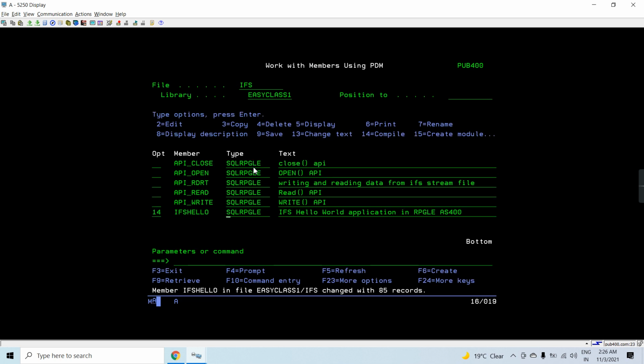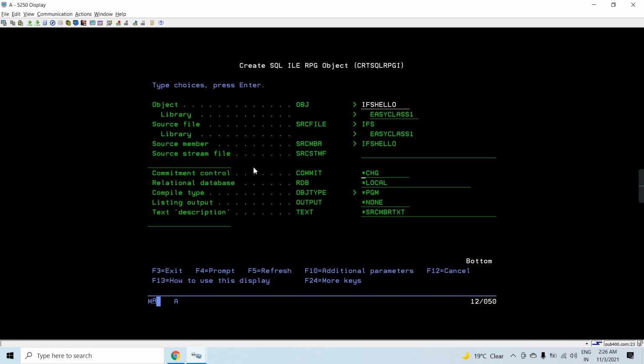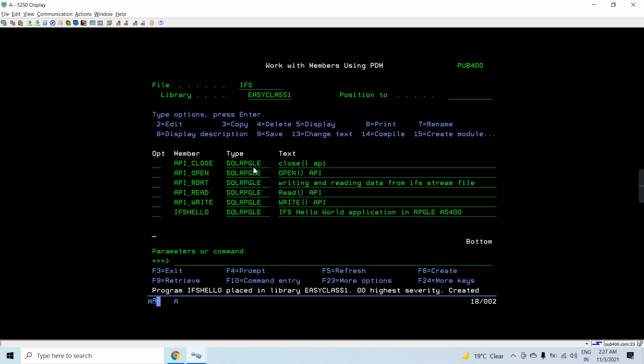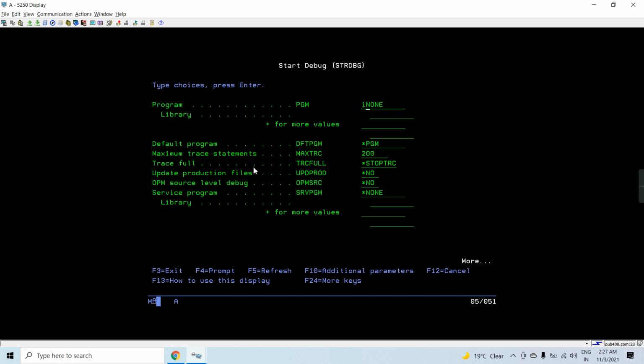So just save this and compile this. You can see the program gets created successfully. Just do strdbg here, ifs hello.